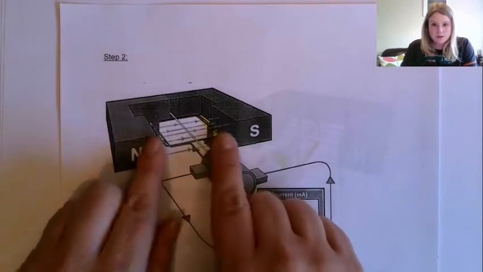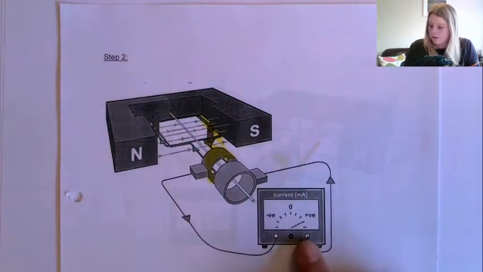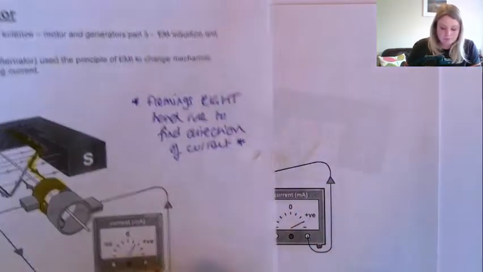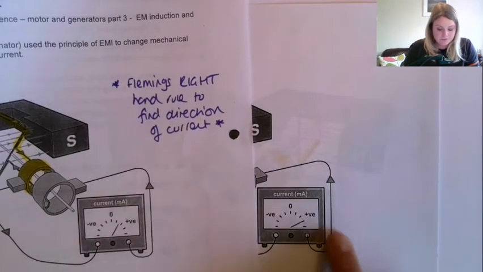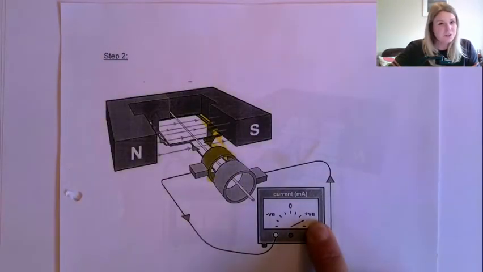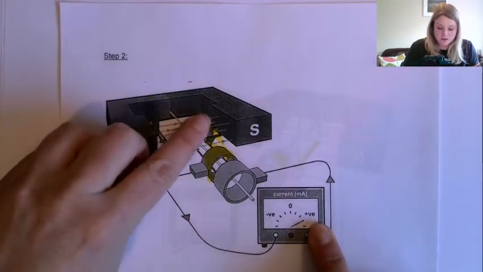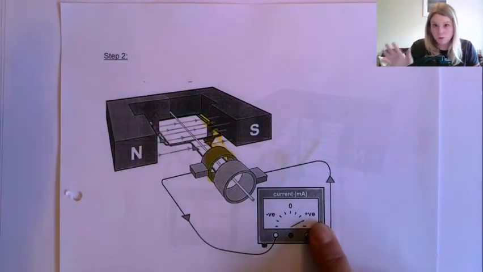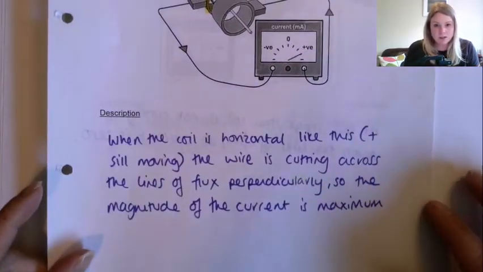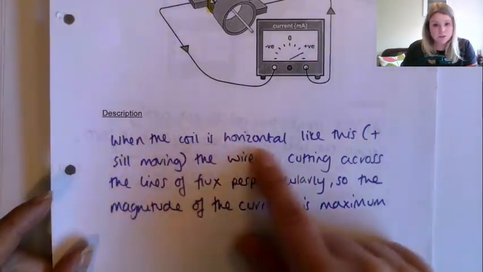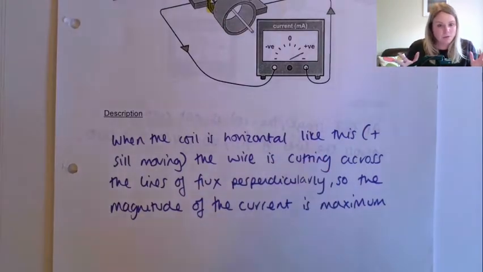See now that this is horizontal, we still have the current has gone from this to this. So now that it's horizontal, we've got the maximum magnitude of current. And this is just the same side coloured yellow the whole way through this. Okay, so the wee description that I want you to write in there: when the coil is horizontal like this and still moving,